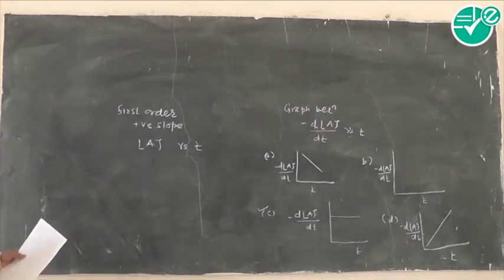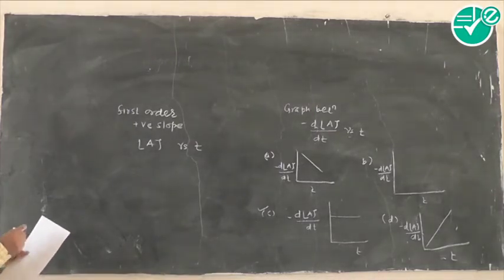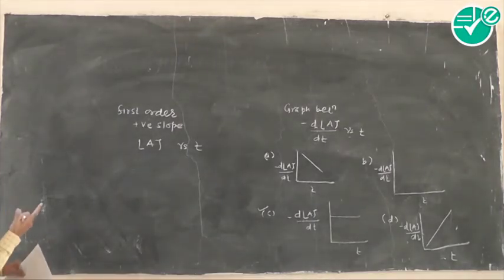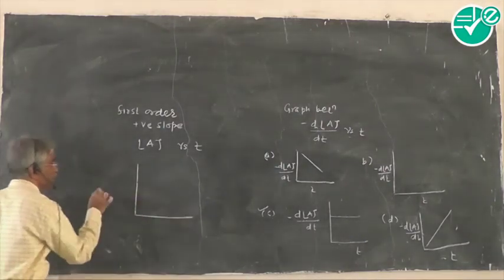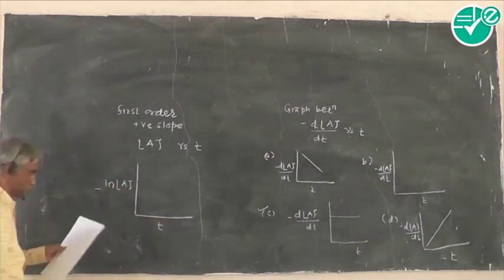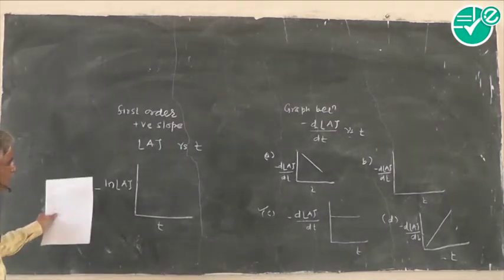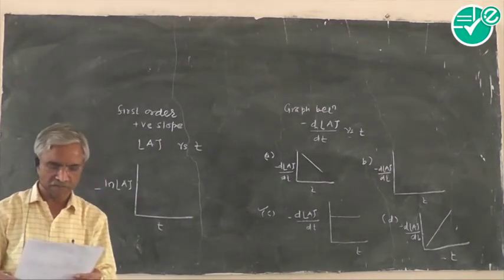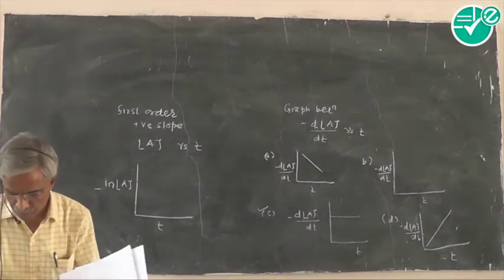Then from the equations that we have and from the graph we have, if you take the ln function of the concentration of A with respect to time, that will give a negative slope, and therefore if you take the minus of that value, minus of ln of concentration of A with respect to t, then only we can have a positive slope of the graph. If we have only ln A with respect to t, you will get a negative slope of the graph. So this is the indirect question that has been asked in one of the competitive examinations.